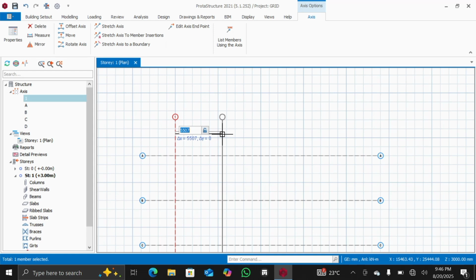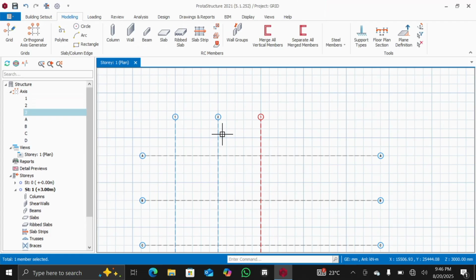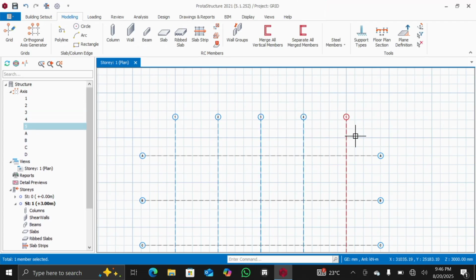This one is in the positive sense. So 5 meters. I press enter, enter. Of course, I'm just going to keep on pressing enter as I told you. But if you want to do it just one by one, you can highlight that grid and then F and F2, put the value that you want in case the spacings are different, you understand. But if the spacing between one grid and the other is the same throughout, just keep on pressing enter, enter, enter